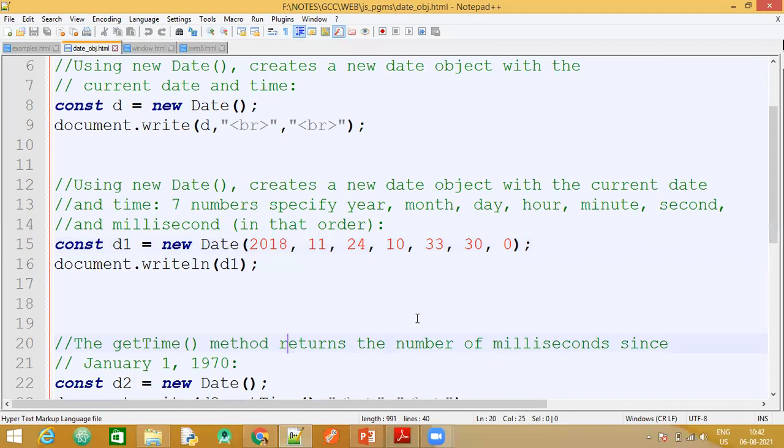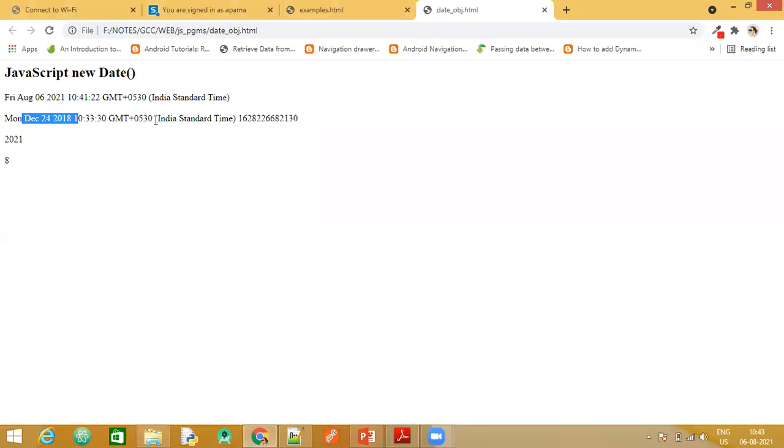Third one, now another thing to show you here is observe the method here. Instead of writing document dot write, I have made use of document dot writeln. Now, what is a writeln? The ln here indicates that automatically /n will be appended. But if you observe the output here, this is the second date object, and this is for the third one, starting from this one. It should have been on the next line when we use dot writeln.